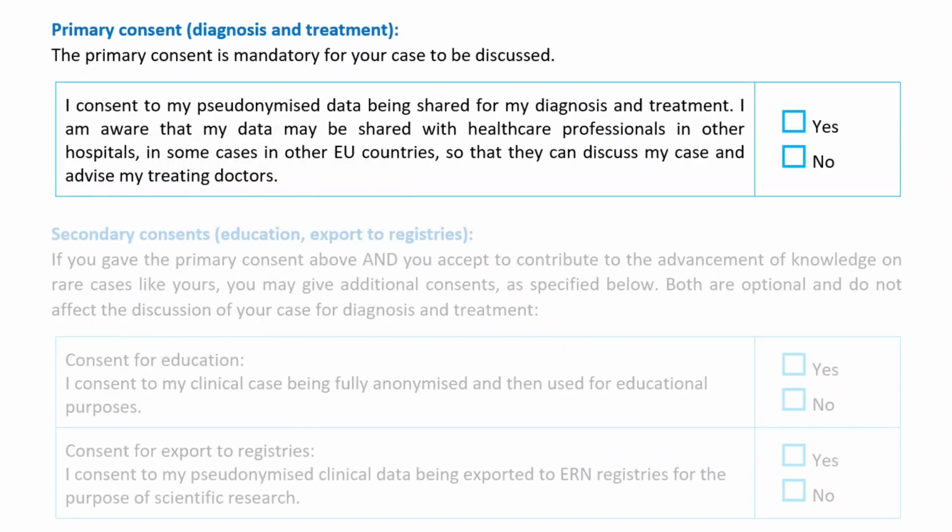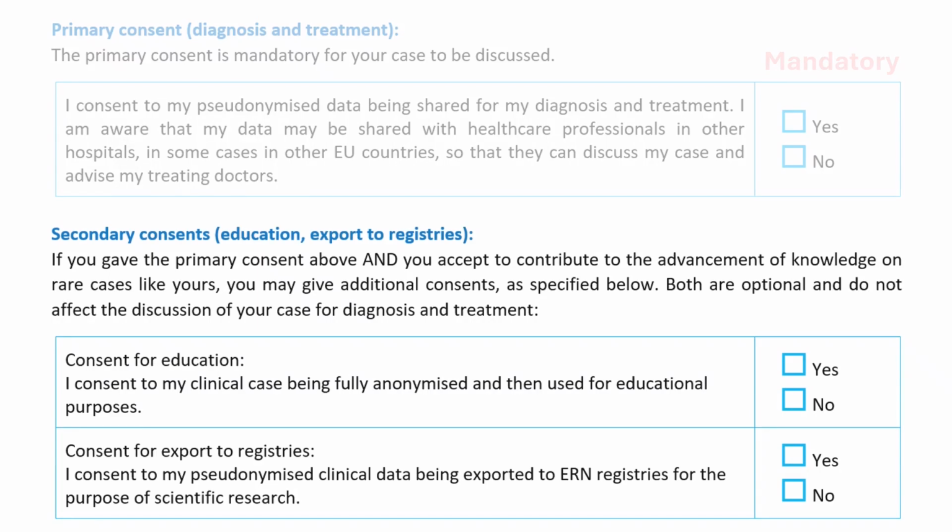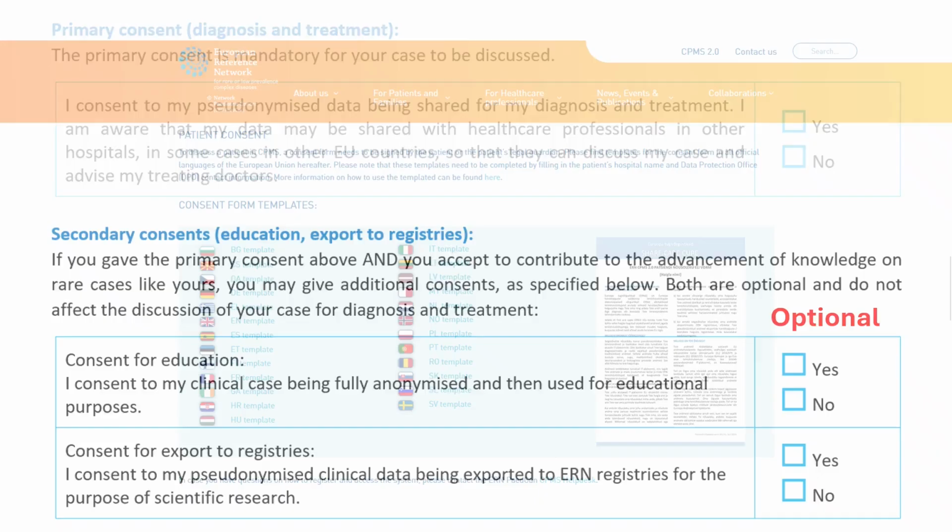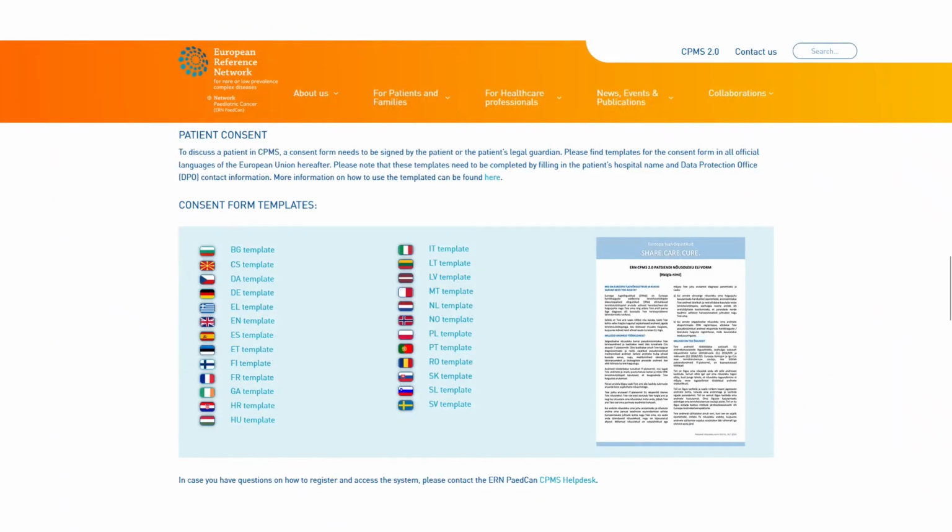The primary consent, which is the consent for care, is required for enrolling patients in CPMS 2.0 and allowing discussion of their cases. The secondary consents regarding education and export to registries are optional and not mandatory for patient enrollment and case discussions. You can find the templates and instructions for completing them in the CPMS section of the ERN